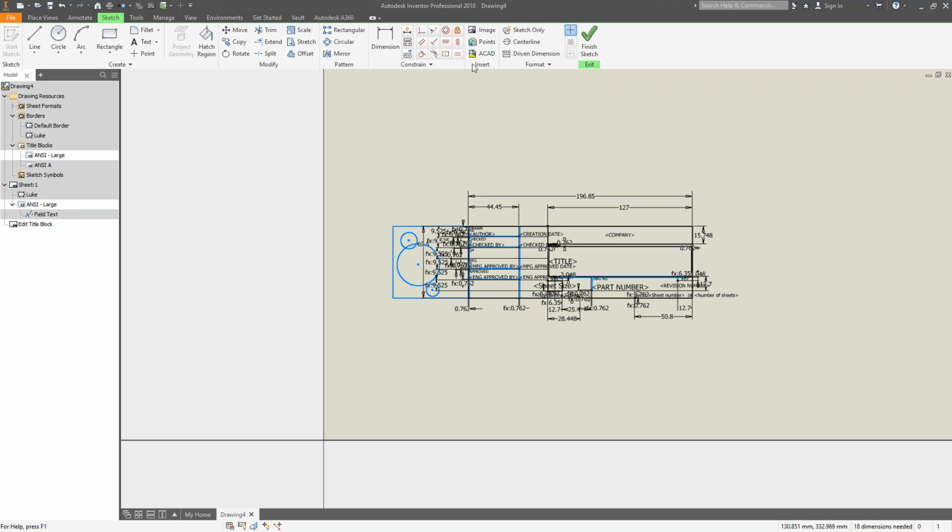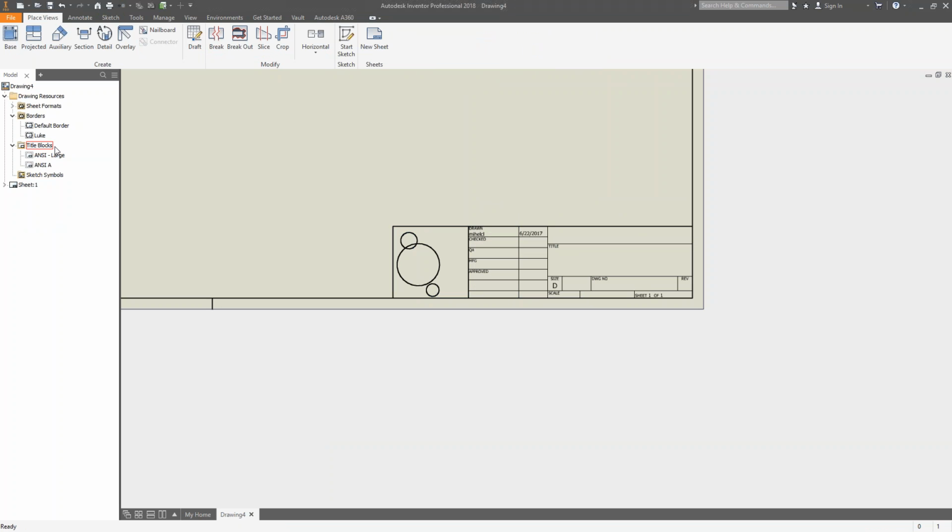That was a big mouthful. That's templates. That's how you edit them. That's how you create them. And then once you do that, you can obviously save this, so you can actually create your own brand new